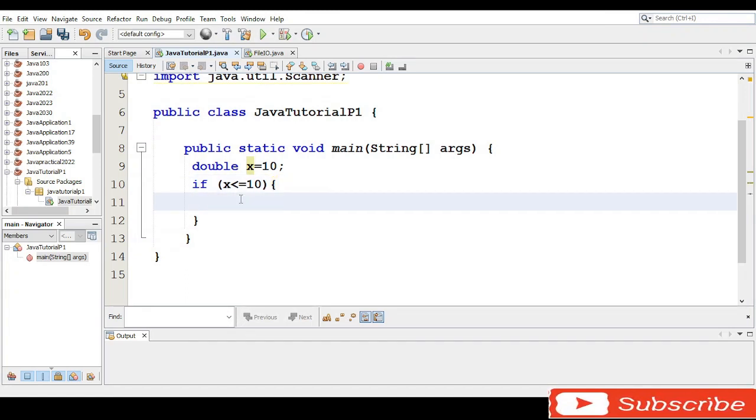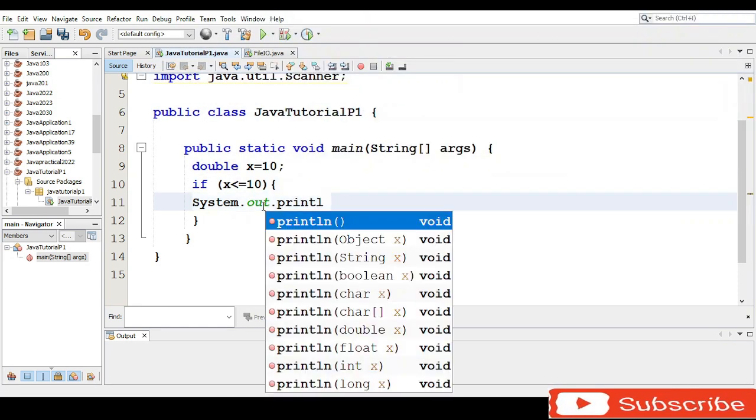Then you can come here and say, if yes, x is less than or equal to 10, what do you want to do with x? Then we can say that we want to do this. We want to output. So we say System.out.println. We want to output